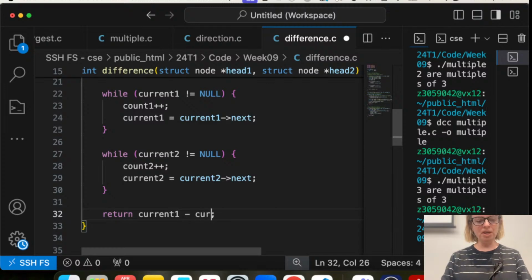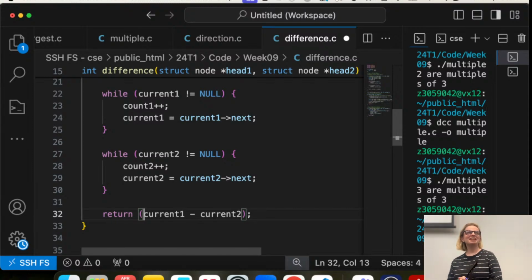What can go wrong here? Oh, it could be negative, couldn't it? How do I account for that? Yeah, perfect. I could do that, and that would be a really nice way to do it. I'm feeling really, really lazy, so I want to do something faster. What can I do faster? Who knows what I can do faster?